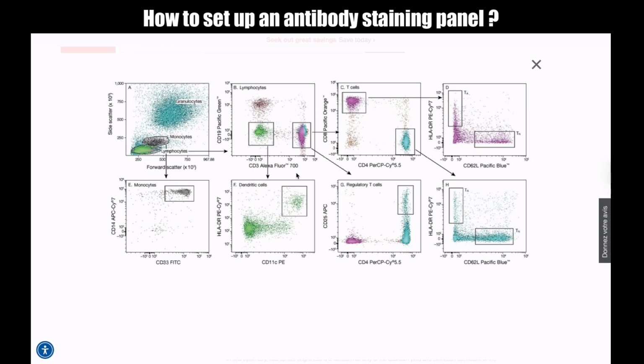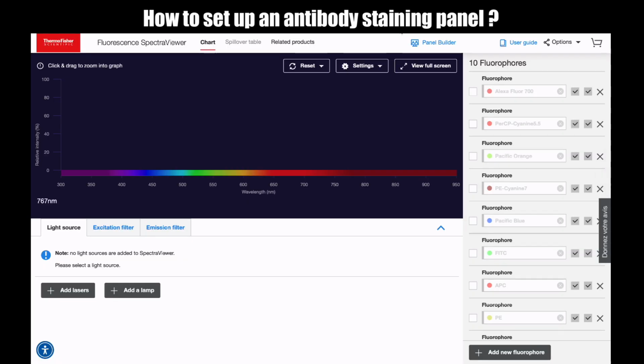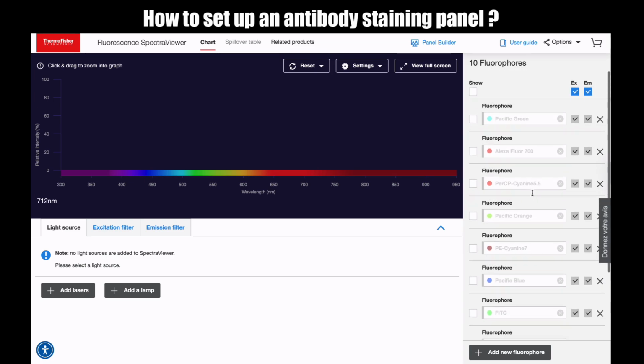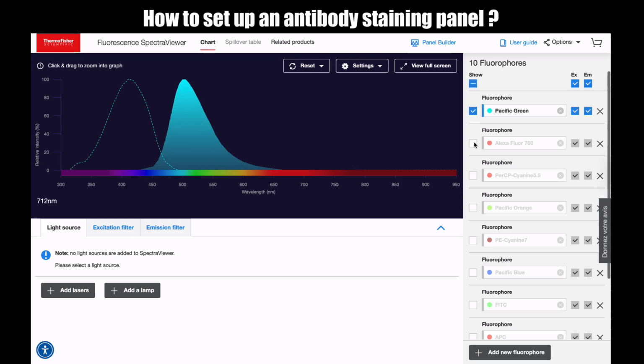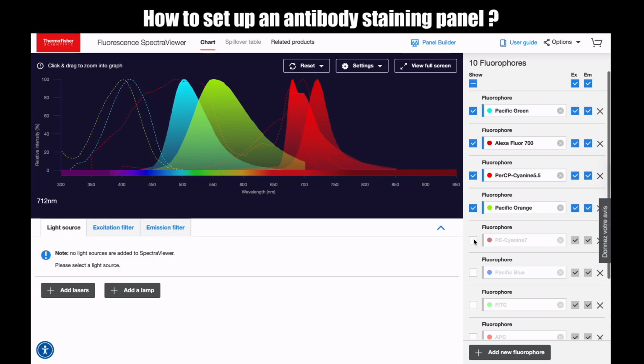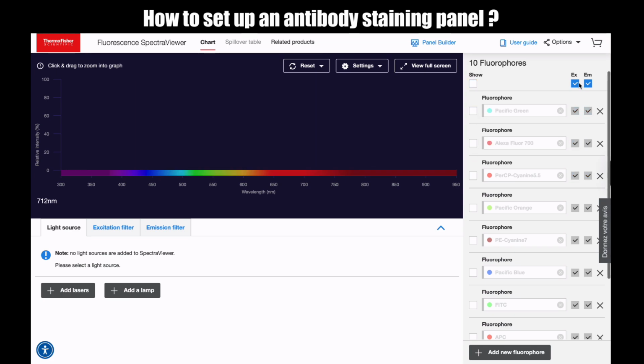So what I usually do is use their tool that is called Fluorescence SpectraViewer, that you can see here. And I just added the 10 fluorophores here on the right. If you flag here, you will be able to see them, both in terms of excitation and emission. All right.